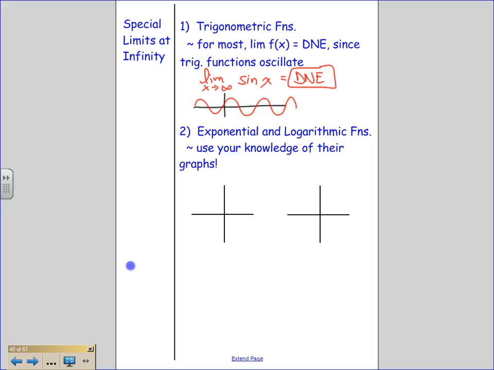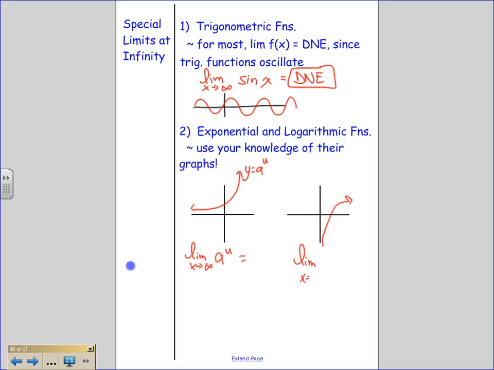Same thing with tangent and cosine. When you start putting those into expressions, you have to think about who wins and who's stronger, the top or the bottom. Exponential and logarithmic, to help us out with those, use their graphs. I say a to the u because it could be 2 to the 2x. It could be 3 to the x minus 1. In general, exponential functions and logarithmic functions could be transformed a bit, but behave like such. Now the limit of both as they go to infinity